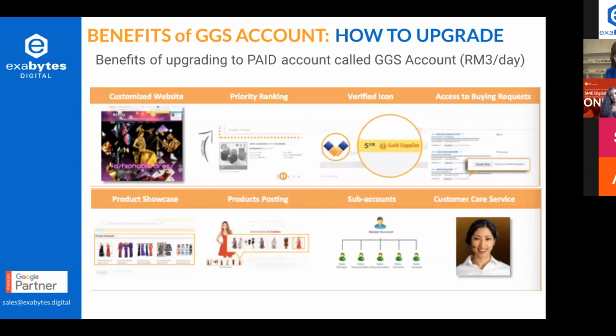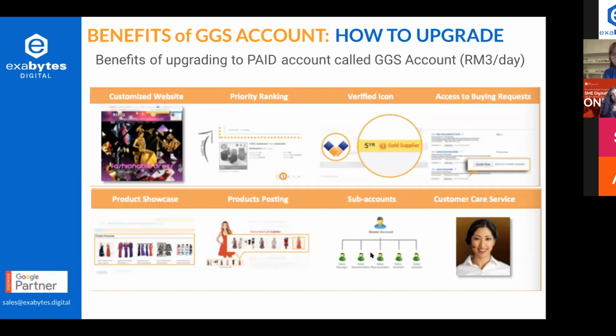In the product showcase, of course, just now I shared some product showcases with you, right? You cannot choose a product showcase if you are a free account. But of course, the free account is good for you to start. If you haven't started yet, just create one free account. During this time, you can do some product posting. You can start playing around. You might have some inquiries coming in without a paid account. So this is at least a stepping stone for you to go into e-commerce and understand how e-commerce works, and how e-commerce can help the trader and also the manufacturer out there during this lockdown.